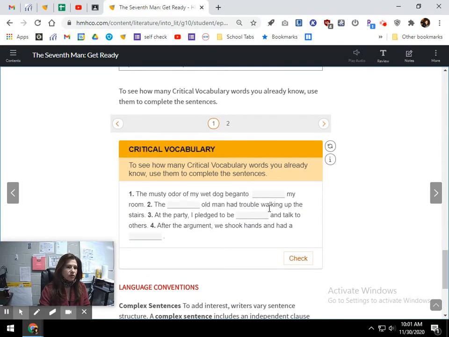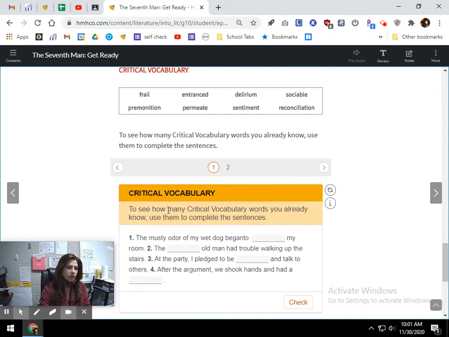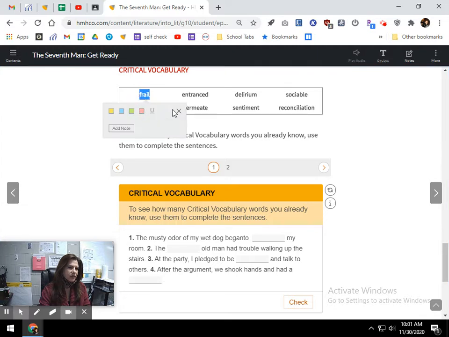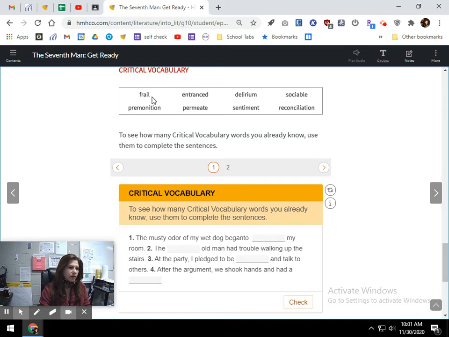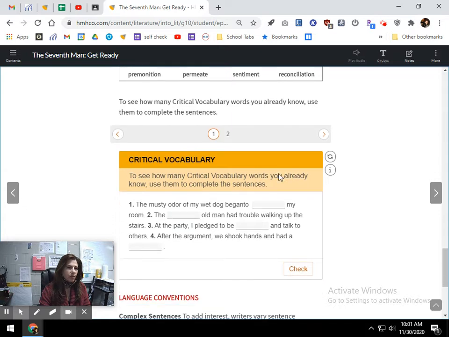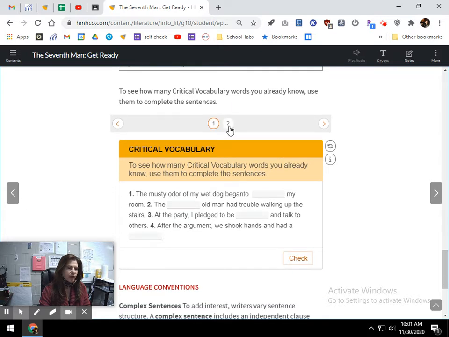Now you're going to do the critical vocabulary. You do not have to type in or paste in definitions for all of these, but you will need to look them up and just make sure you're familiar with these, and I think you'll know a lot of them. Frail, premonition, entranced, permeate, delirium, sentiment, sociable, and reconciliation. So you'll want to look those words up, make sure you know what they all mean,